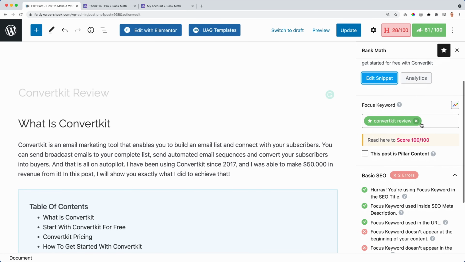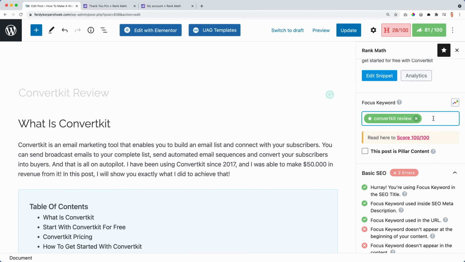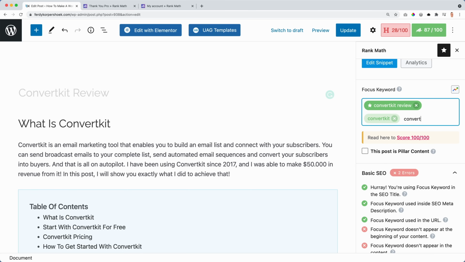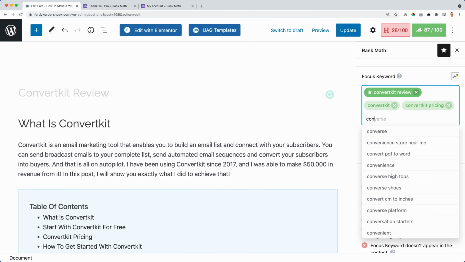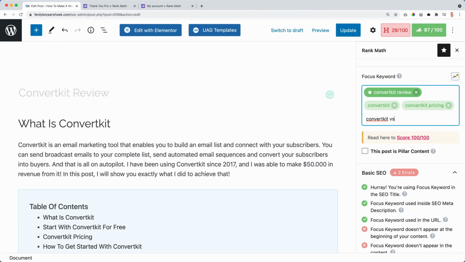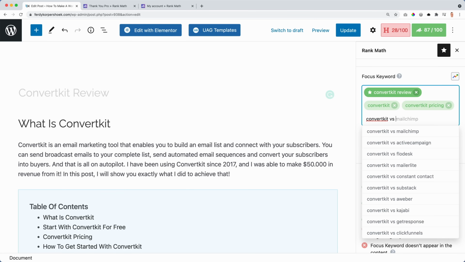So what else can we do? We can also add more keywords. There's only one focus keyword. That's the first one. So keep in mind that you first type the first one. You cannot drag them around. And then I say ConvertKit pricing. And I should not say ConvertKit versus MailChimp because I don't talk about that. I don't want to get people to my blog post and then they're disappointed. They bounce, they go away. And that's bad for the search results. So, but I can get ideas.